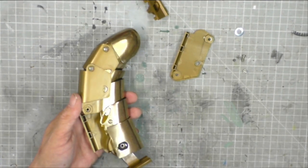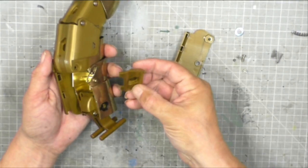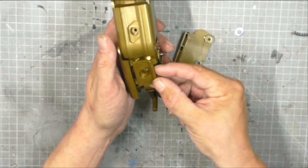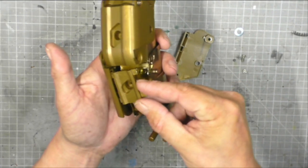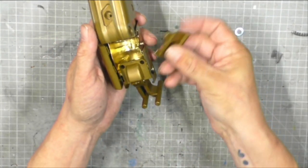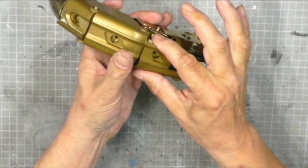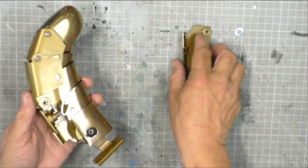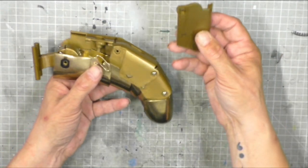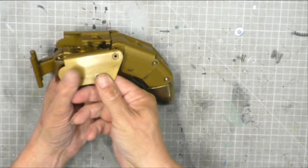But the next step that we're doing, we're actually going to be using this piece, and let's purposely do this wrong. So as always, if the pieces aren't in correctly, see you've got the 2 tabs there, it's just not going to fit. If I turn that around and place that in there, you'll see perfect fit. Really happy with that. And then lastly, this piece is going to go in, and it's going to go...